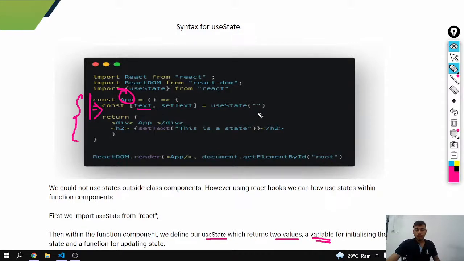And a text and a function for updating the state, which is this one. So the first thing that it returns is a text, and the second one is the function. So the text is the state variable, and this is the function that we can use to make any changes to this particular state variable. So you have got an idea about